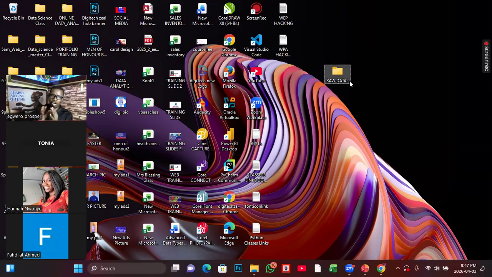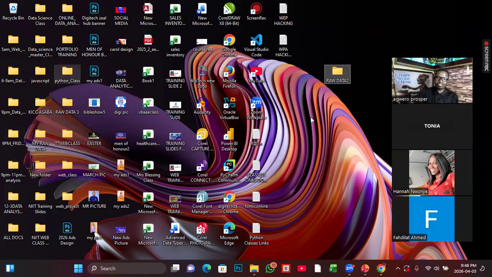Now, it means that for all the data you will be able to analyze, if you are working as a contractor or as a consultant, there must be a folder where you keep the company's raw data from the one you are analyzing. Because sometimes after cleaning, you may have destroyed the entire data, and you call it back from the raw data. So it is the process. Always store the raw data separately from the one you are analyzing. I created this folder because the data that we downloaded, I am going to extract and send to this folder automatically.